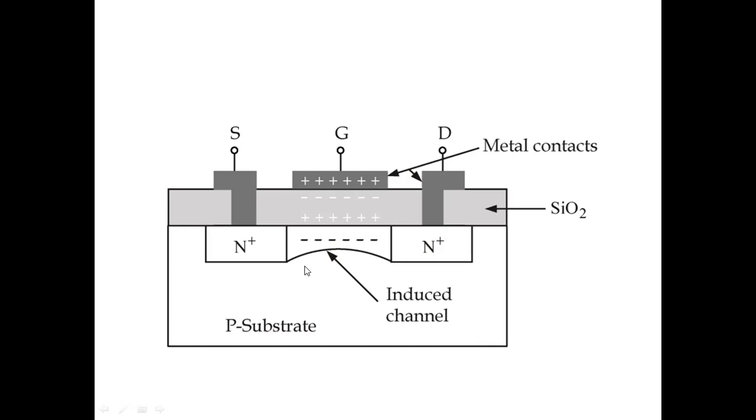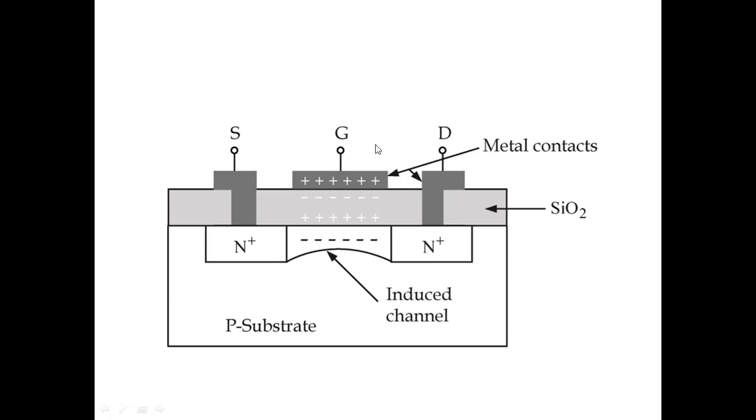Due to these attracted electrons, an n region is developed. A channel is induced. Okay, thus an n type channel is induced between drain and source. This n type channel that is formed is called an n type inversion layer or virtual n channel. Once we remove this voltage, this channel does not exist.